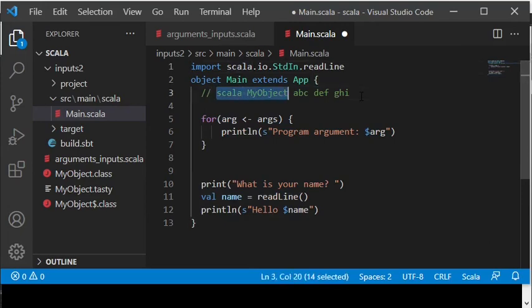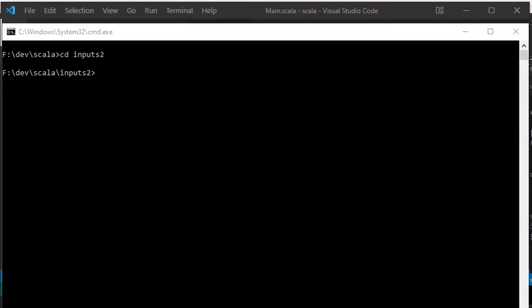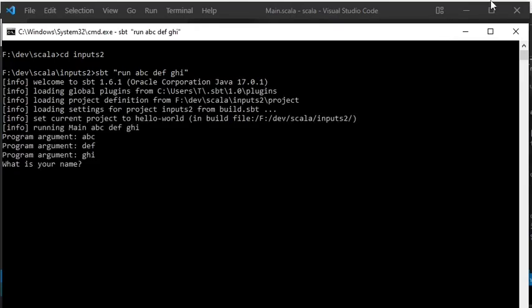The program can then be executed by typing sbt and then run and the program arguments within quotes. If you would like to execute without sending any program arguments, then you can just type sbt run without quotes. As you can see, the program still works as expected, also now when it is executed with sbt.